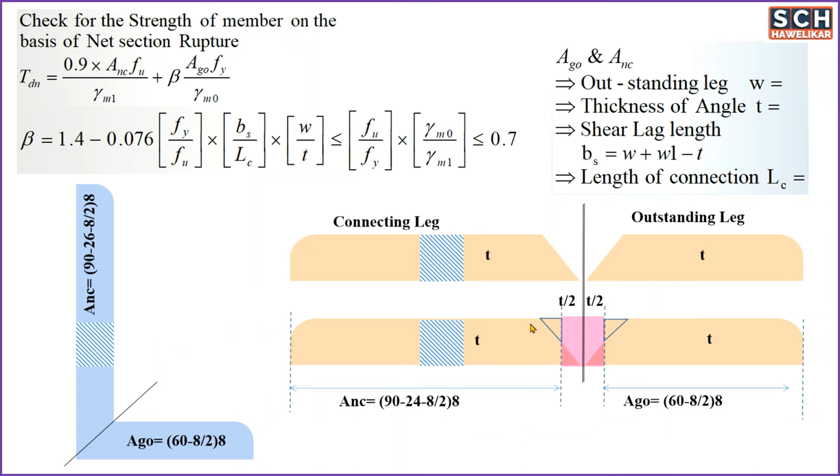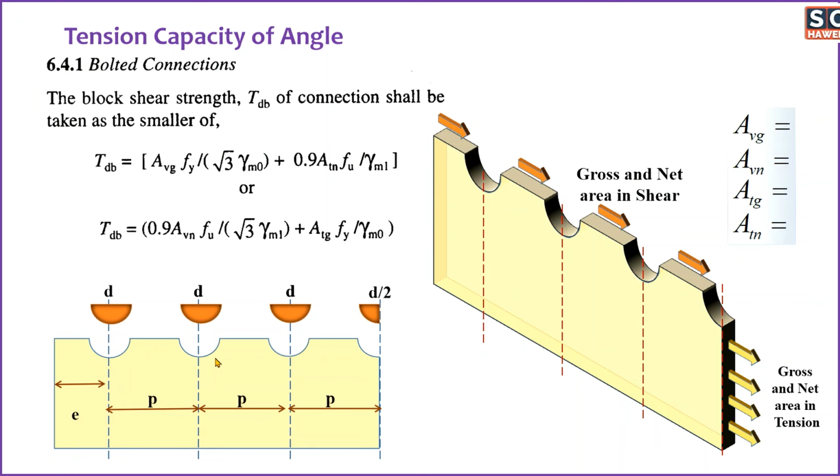So we are considering here the bolt 1, 2, 3 and the half bolt. If the section is cutting down from that particular part, then it will become edge pitch plus pitch. Here I am showing the half of the diameter. The total dimension which we are getting is D, which is actually the diameter of bolt. So the diameter of hole will be D0. So D0, D0, D0 and half of the D0. This formula gives us the block shear strength of the section.